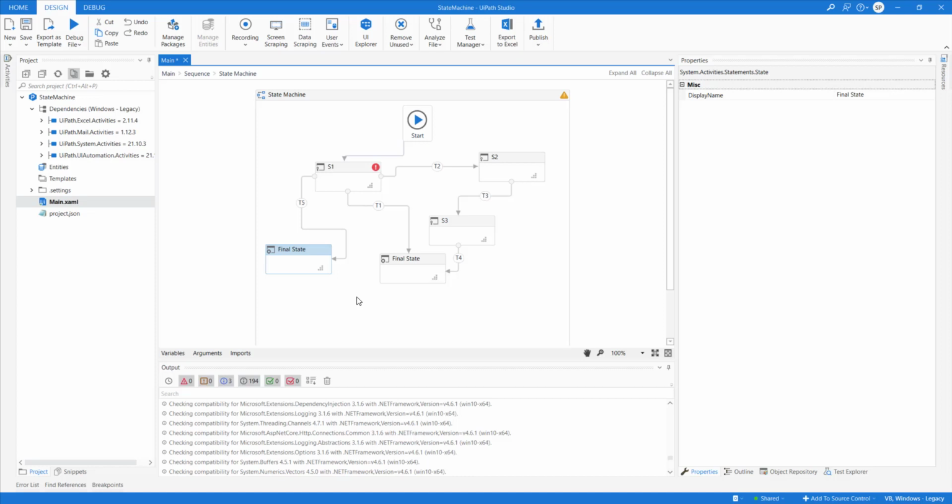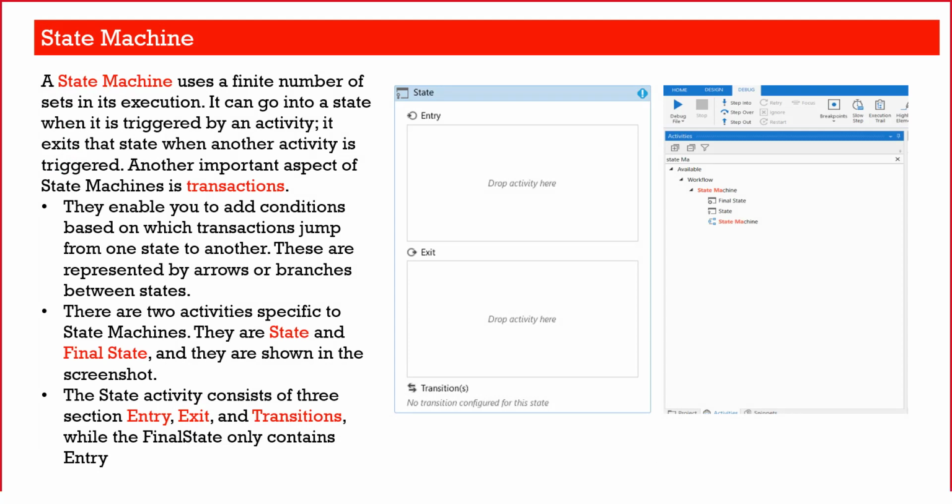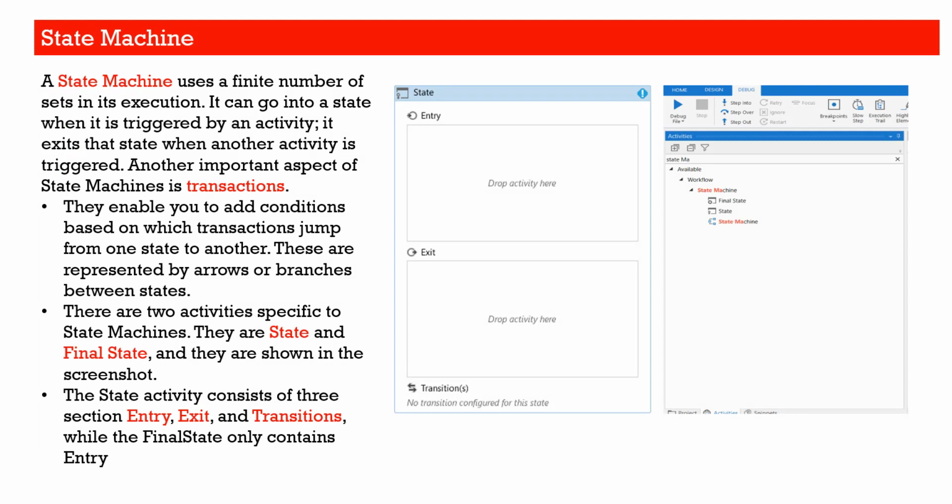Usually people get confused about why we can have multiple exits. We can have multiple exits, right? That's not a problem. All right, so let's close this one. I just wanted to make you aware of the concept first, and then we'll use the state machine to take up a practical example as well. So don't worry if I haven't shown you how to define entry, exit, and condition and all those things. I just wanted to make you aware of what is a state, what is a final state, what is entry, exit, and transition. And if you understand this, we should be able to move to the next slide.